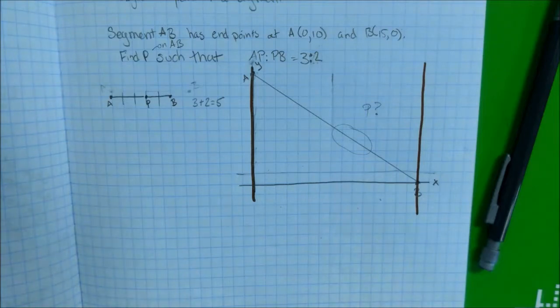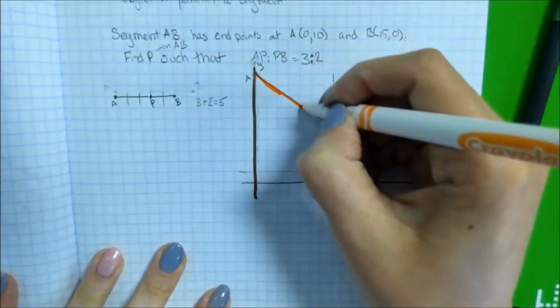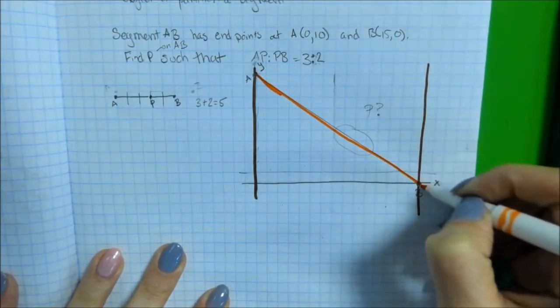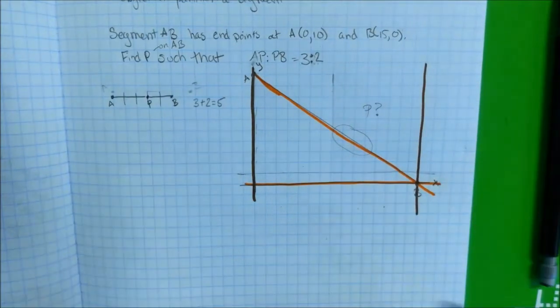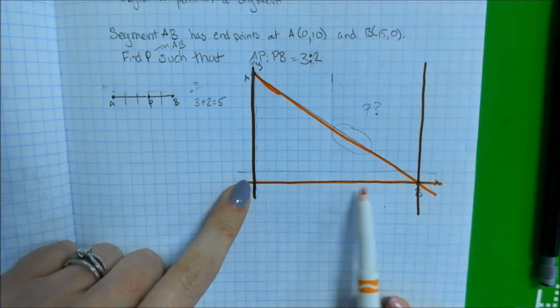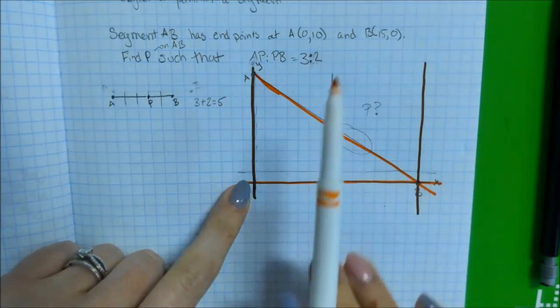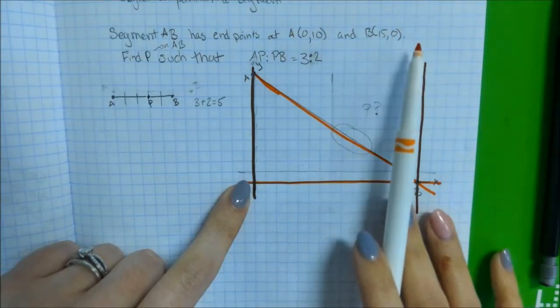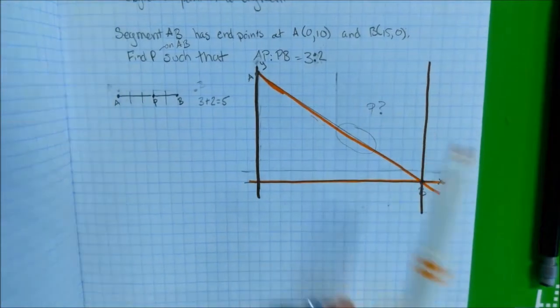So if I think of these as my 2 transversals, okay, if I was able to partition this transversal into 5 equal parts, then I should be able to draw some parallel lines to help me partition this transversal into 5 equal parts. Because